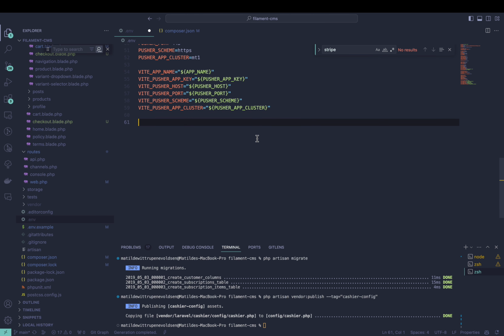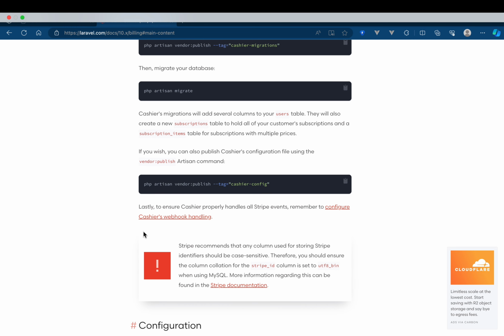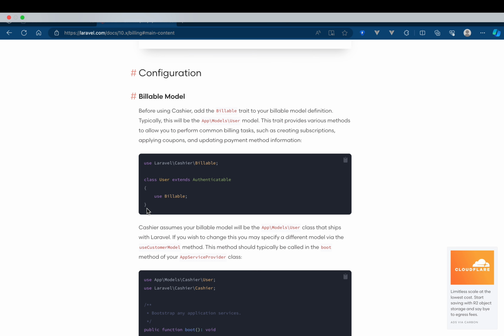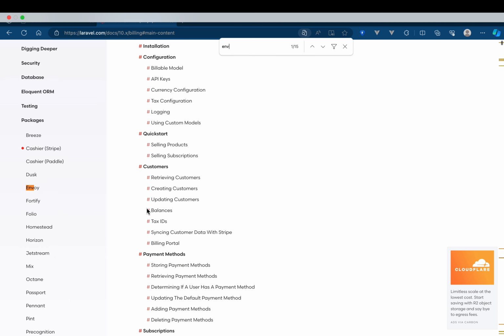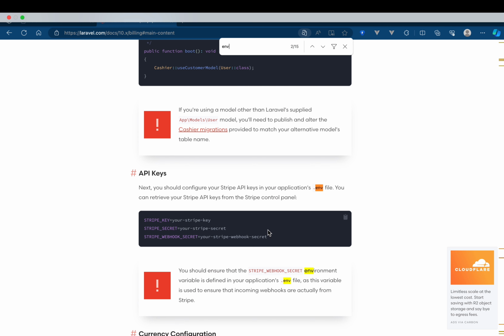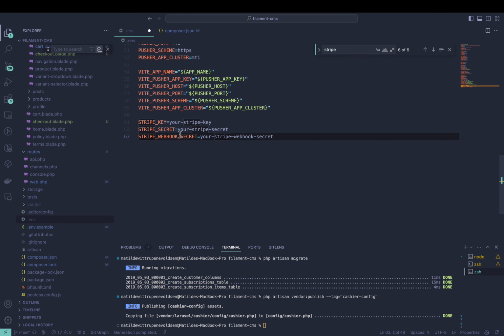And also on top of that, we want to make sure we have the env set up. So if we head in here and just search for the env file. We are not going to work with webhooks yet, but we may decide to work on them later on. For these,